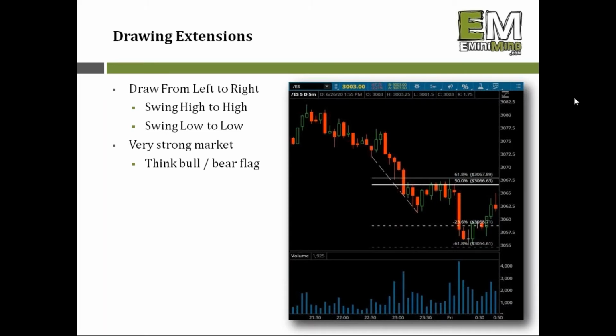So if you get into a trade and you're short and you're trailing your stop behind the 61.8, and all of a sudden it starts nose diving off a cliff, you can draw up the extension that will help lower your stop, so you don't have so much distance between where price is and where